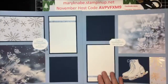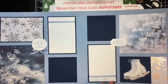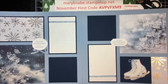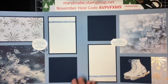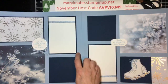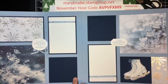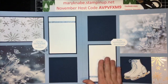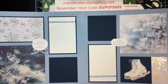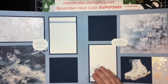I also wanted to tell you one thing I do, and I do not have time to scrapbook like I want to. But when I do something like this, I just stick to very basic shapes, okay? So the Night of Navy I've used here is 4x6 and 4x4s, okay? And then I went down a size on the Whisper White, but very basic, simple, okay? The other thing is